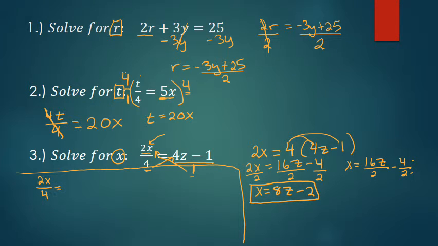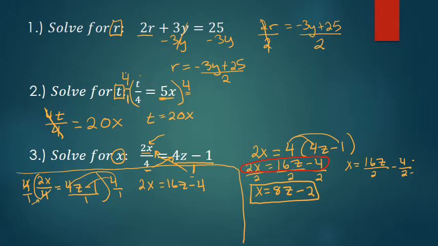So I'm just rewriting the original equation, 4z minus 1. Well, 2x is being divided by 4 here, so again, I can think of it as multiplying both sides by 4. Multiply by 4 over 1. This is 4z minus 1 over 1. These 4's go away, and I need to distribute this 4. So I'm left with 2x equals 16z minus 4. Notice this step is exactly the same as this step right here that we already did.